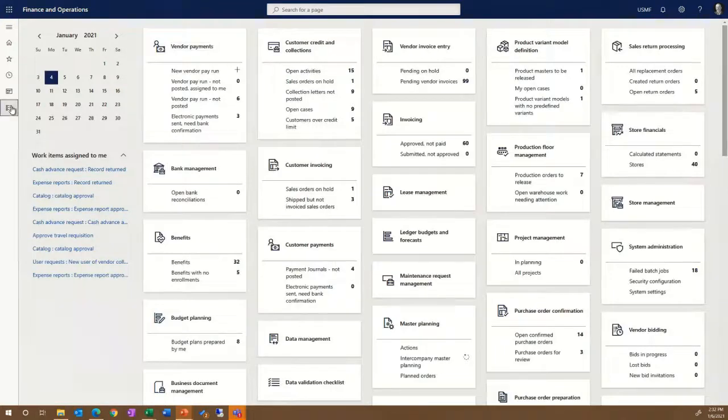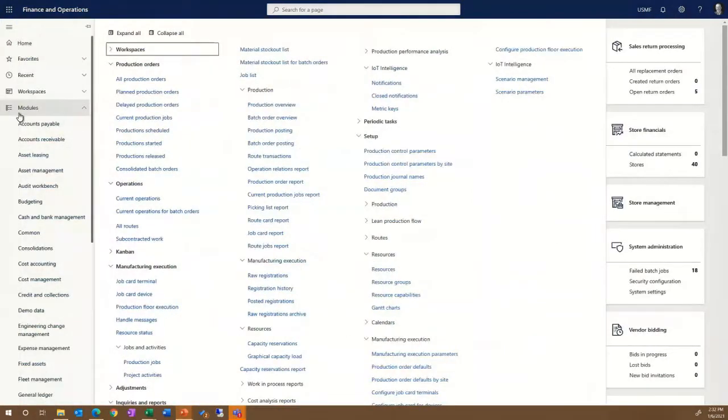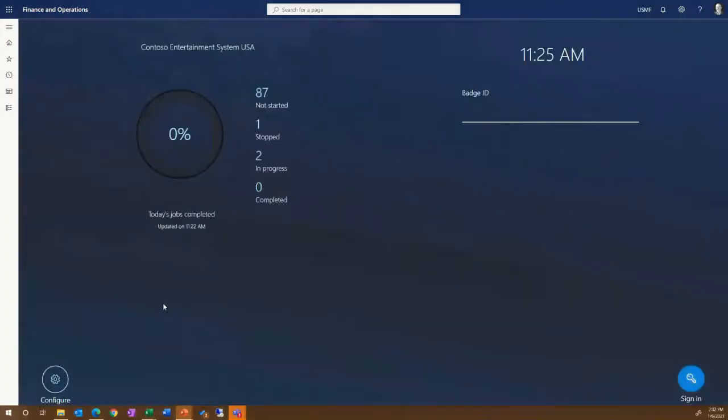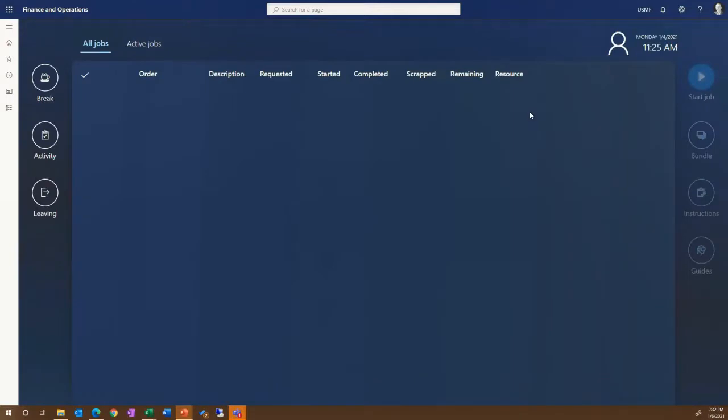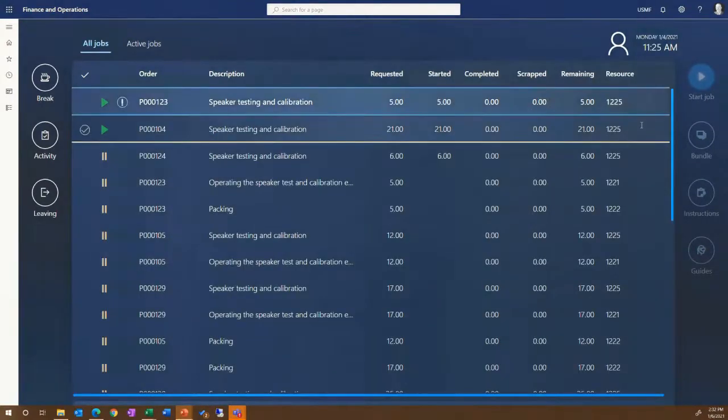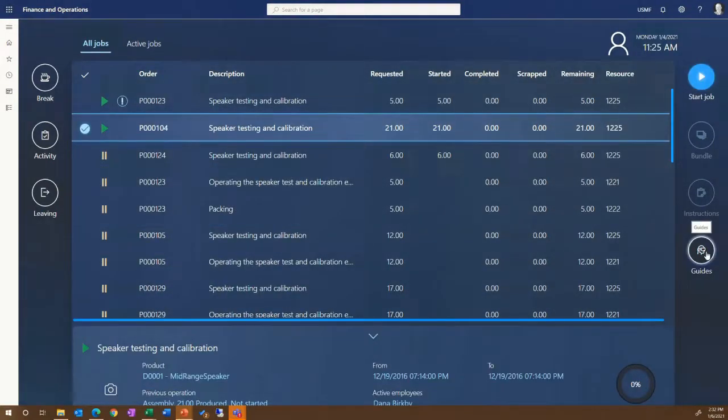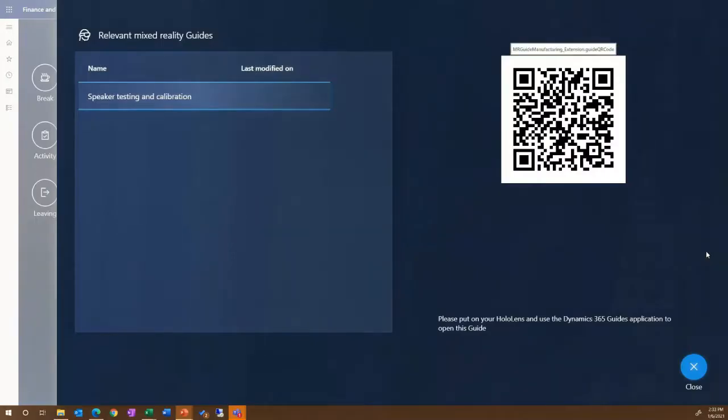Now, that's pretty neat. But when you start using the new production floor execution screens, which is a new feature that's come out in, I think, the last release or the release before, whenever we have a production order that has guides associated with it, it will list out the guides and create a QR code.